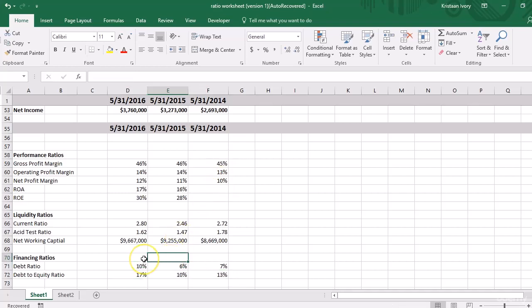So you can see we're not too highly levered a company. We're not taking on a bunch of debt. It's only 10% compared to our assets that comes from debt. So probably a lot of our funding is either other liabilities or equity that we're getting from